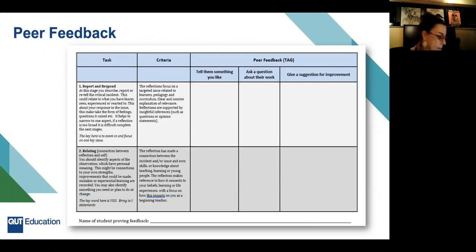So you may come across it when you're going on professional experience, but I really want you to, in the process of giving and receiving feedback, knowing that this is something that your students are going to be doing in the future, think about how you feel about receiving feedback. You know, what sort of emotions are you feeling? Because it can be a little bit off-putting. You know, you're concerned about, oh, what are they going to say? Are they going to judge me?